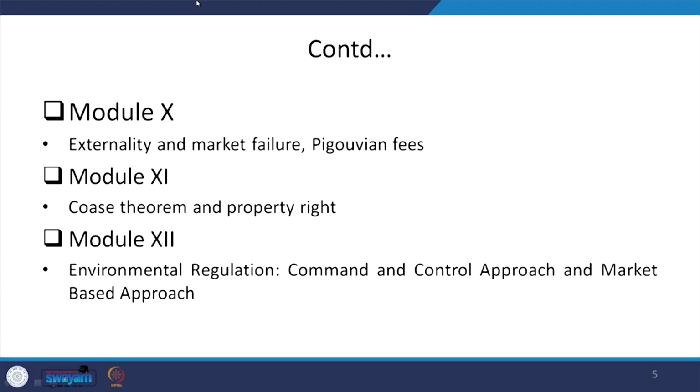to protection of environment, which policy will be more effective to protect the environment, whether command and control will be more effective or market based approach will be more effective. All these aspects will be discussed. So, after just giving a brief idea about this course, let me now take the first unit, and that first unit is